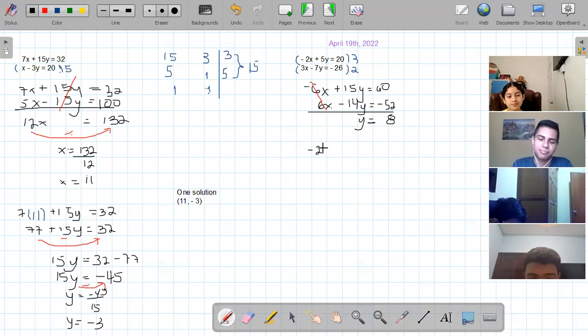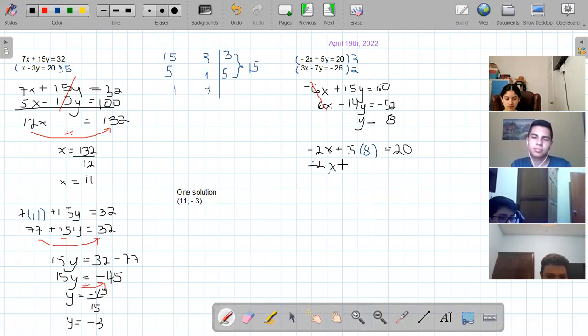So negative 2x plus 5, and instead of y, positive 8, is equal to 20. So negative 2x. How much is 5 times 8? 40. So plus 40